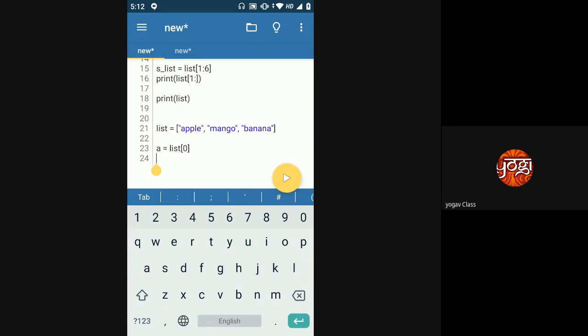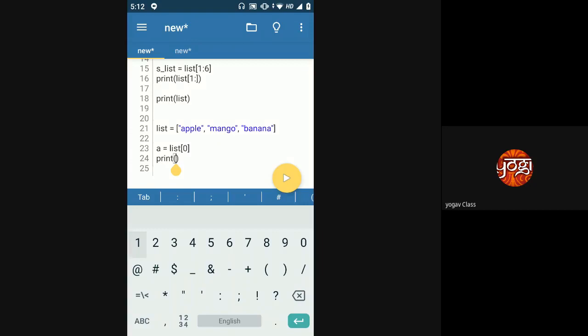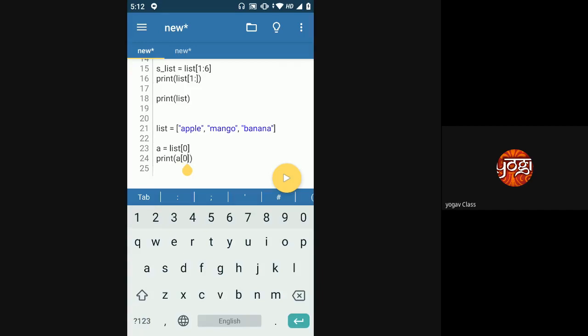So when I say list of 0, my a variable will hold the string apple. And now if I want to print the first character of the string apple, I'll just say a of 0, and then I'll print it. And I got the character a. Is this clear?